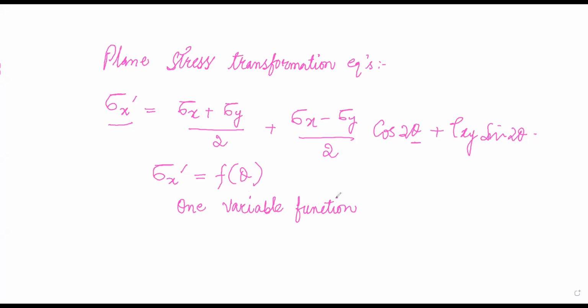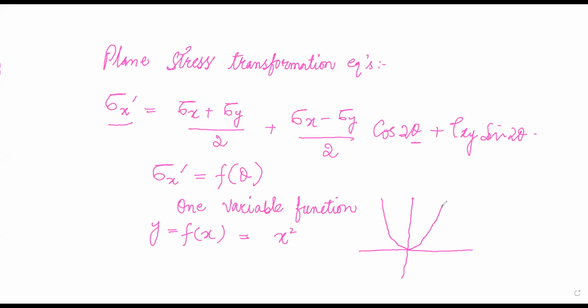Fine. Now, whenever we have a one variable function, for example, if I write y is a function of x, say for example, is equal to x squared, so my y is a function of only x. This is also a one variable function. Now, if you plot the graph of this one variable function, you know what the graph will be like? It will be a parabola. Its graph is like this. This is the graph of y equal to x squared.